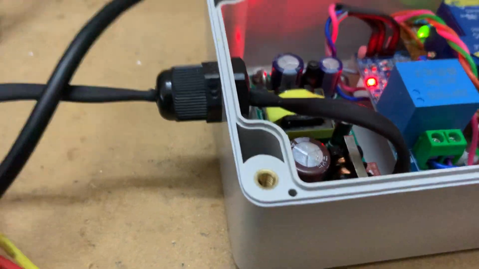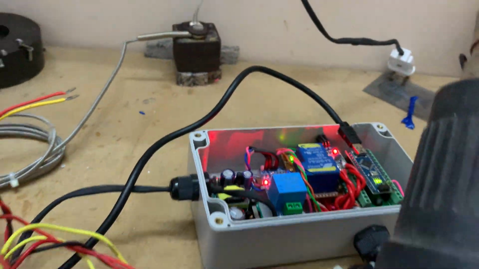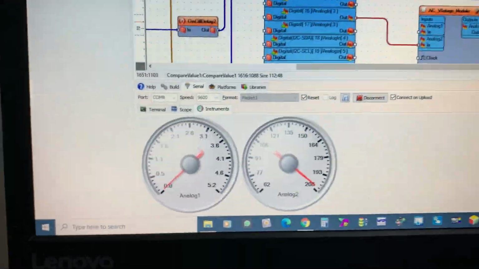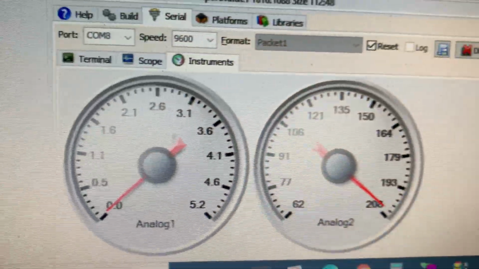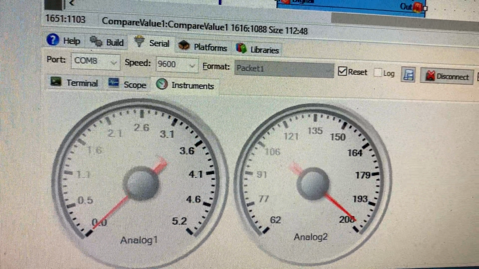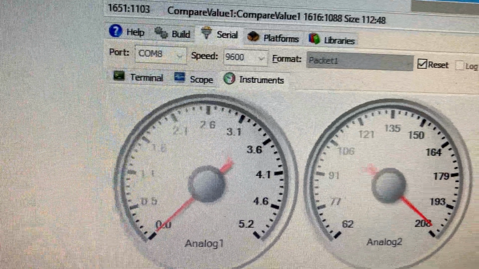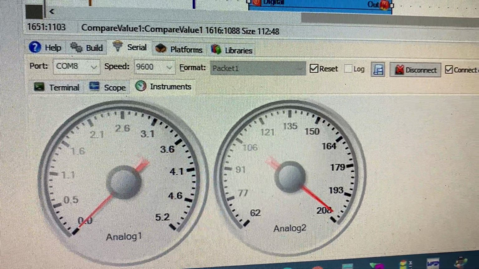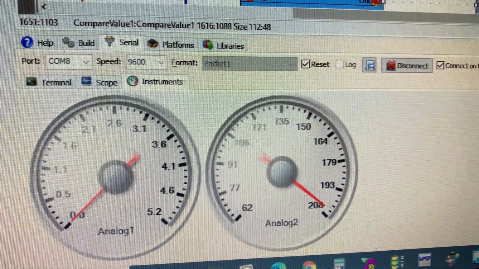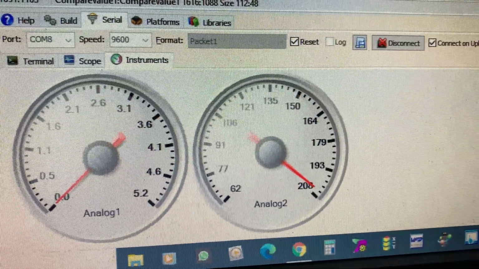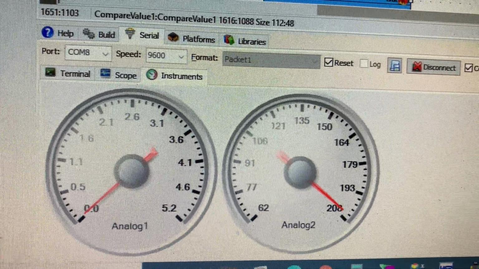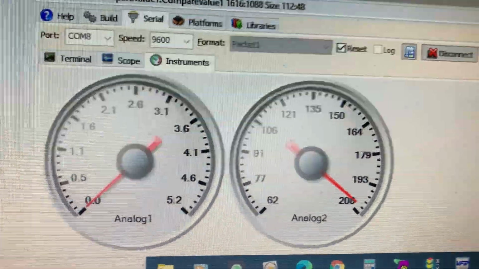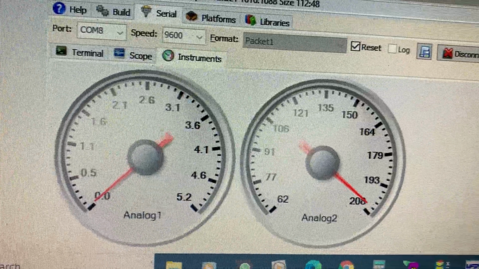Okay, so here you can see I have one dryer. I show you the reading here. As you know, the voltage here is 208, so the current is 0, but my voltage source has a limitation. I cannot take more than 5 ampere load, because I'm taking it from a transformer. So when I start the dryer, the voltage goes down and the current rises. You can see here,